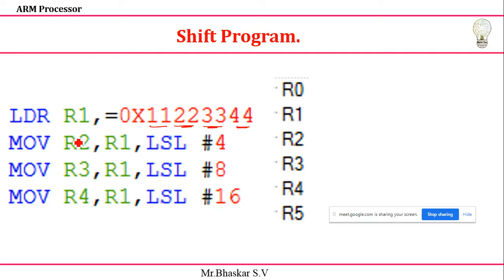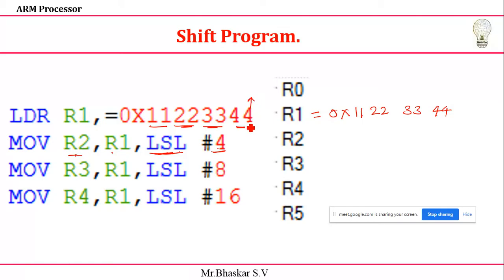See, the first instruction, what is it telling? R2 value. Okay, what is the R1 value I'm getting? Directly I can write 0x of 11, 22, 33, 44. Now, R2 value is R1 value logical shift left of 4. Logical shift left of 4 means 4 bits I need to shift to the left side, right? So generally in a 32-bit representation, how many bits does each digit represent?